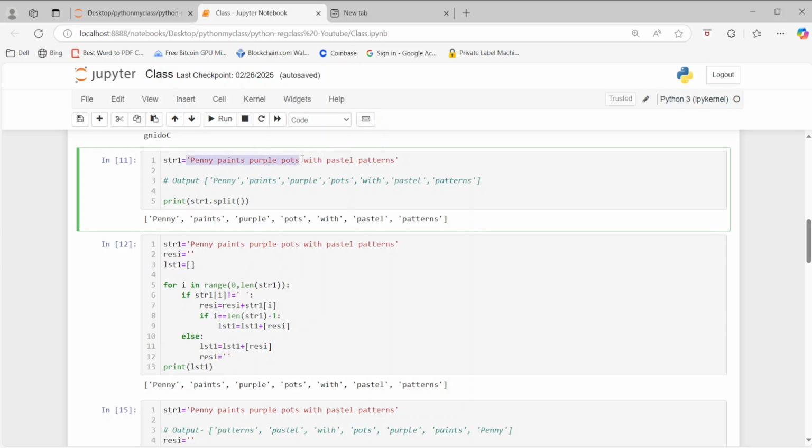Here you have a string value, "penny paints purple pots with pastel patterns", and it has been assigned to this variable str1. What is the output required? The output required is, first of all, a list. This is a list, as we can see. Here you have the opening square bracket, and here the closing square bracket, and inside this you have